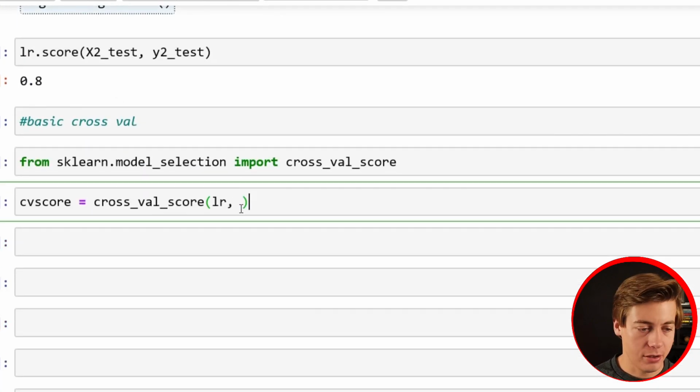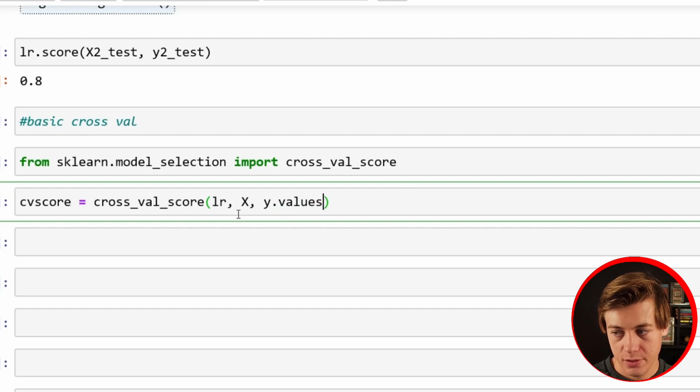Next, we add our X and Y values. We're going to put X over here, and then the Y values dot ravel. And then we're going to put a CV of 10. A CV of 10 is probably the most common you're going to see, so we're going to get 10 results out of this. Again, cross_val_score, LR, X, and our Y values raveled,